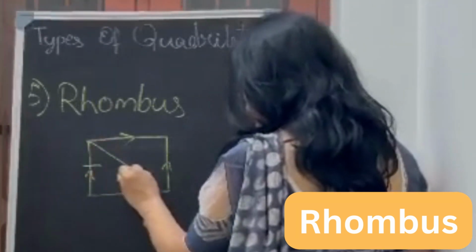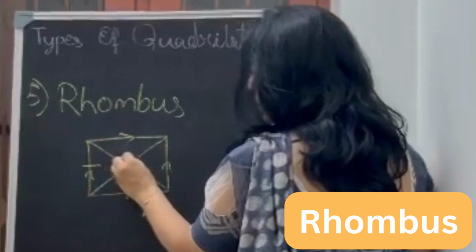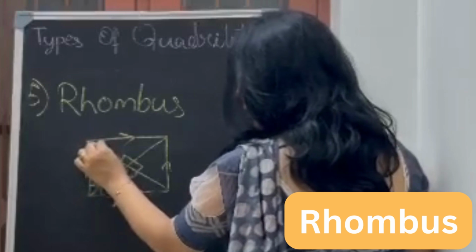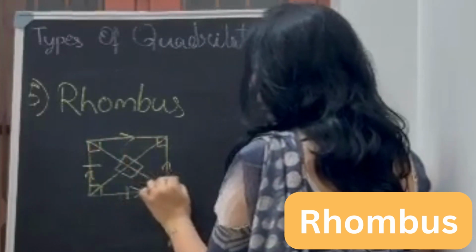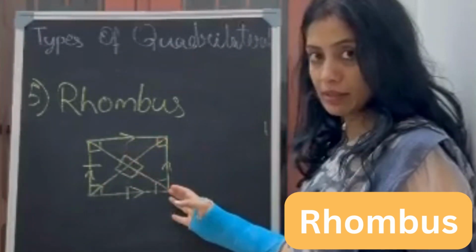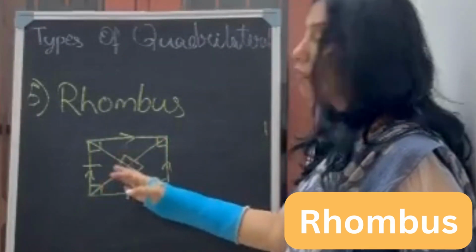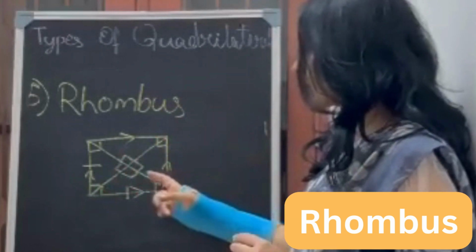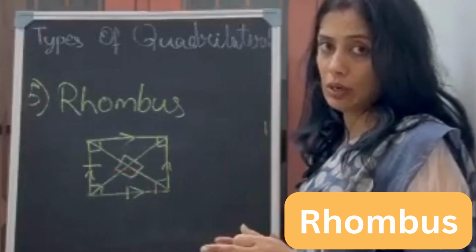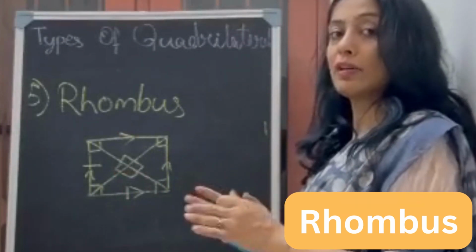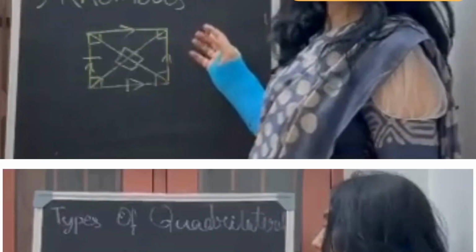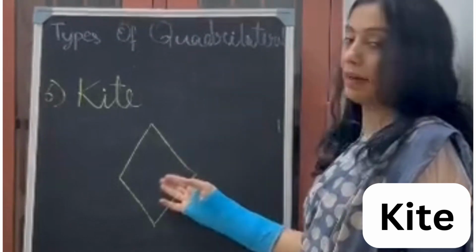Other conditions are like a square only. The diagonals will intersect at 90 degrees. All the angles are 90 degrees. And diagonals are equal to each other. The diagonal will bisect it into equal halves. The only difference between a square and a rhombus is that any one pair of adjacent sides is equal. Not opposite. If it is opposite, then it is a parallelogram. I am talking about adjacent sides. That's a rhombus.